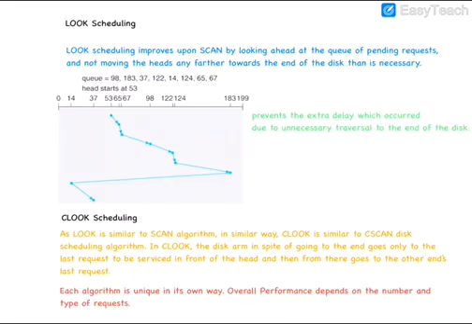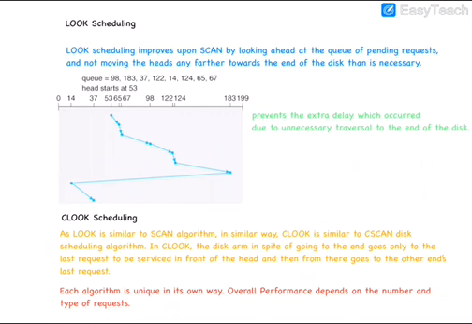But here in look, we will not go to the end of the disk. We see only the last request, and then we reverse our direction and process our requests. Again, once we have reached here, it will not go to the end of the disk. Here 14 is the last, so there is no request ahead of it, and the disk movement reverses.